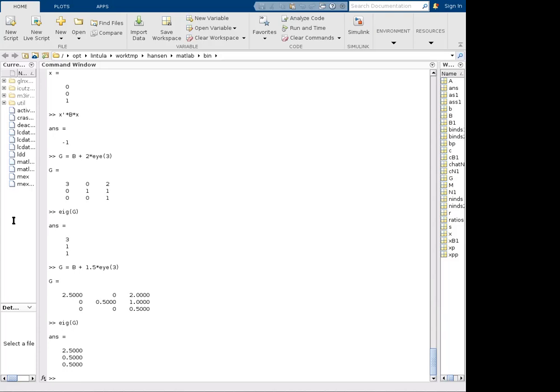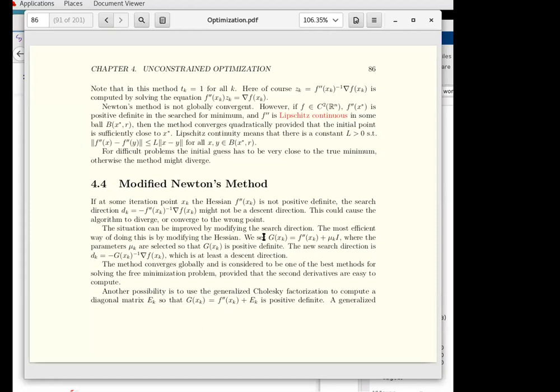The idea in modified Newton's method is that if you're going to be multiplying the gradient with a matrix, then it should at least be such that you go in the negative and not the positive direction. I mean, take the negative of that. This modified Newton's method, meaning that you find a modification of the Hessian that is guaranteed to be positive definite,